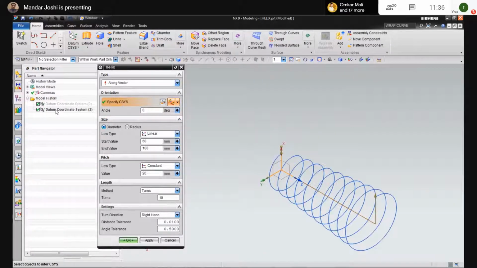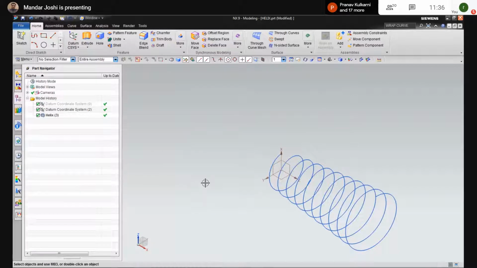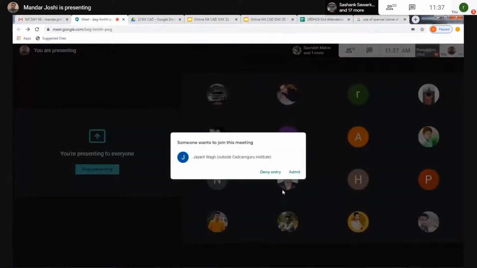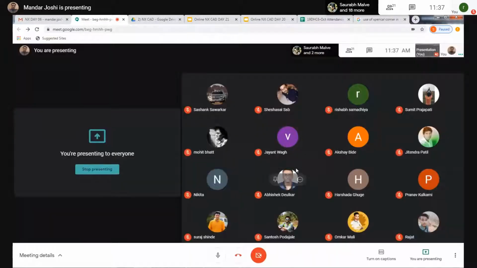After selecting the second coordinate system along Z direction, the helix gets generated. The software by default generates the direction along the Z axis. If you want to change the direction, then the coordinate system needs to be changed accordingly. Clear?